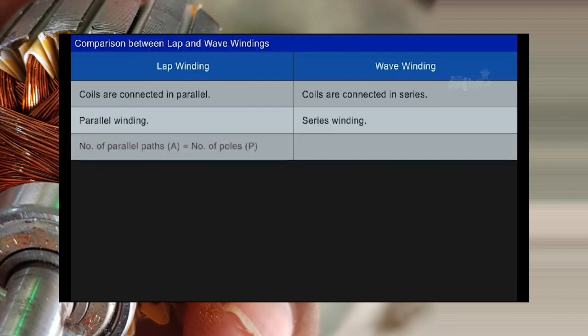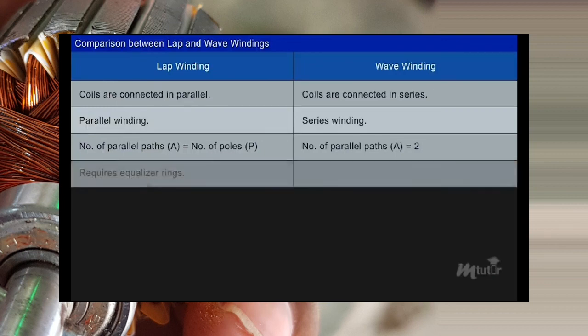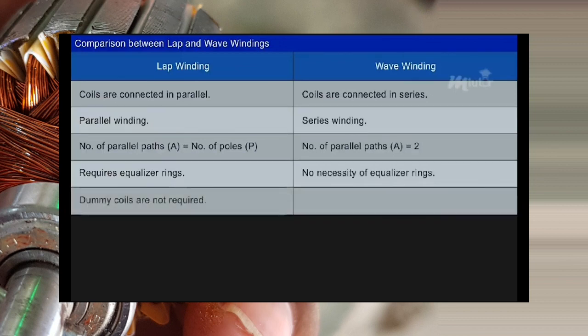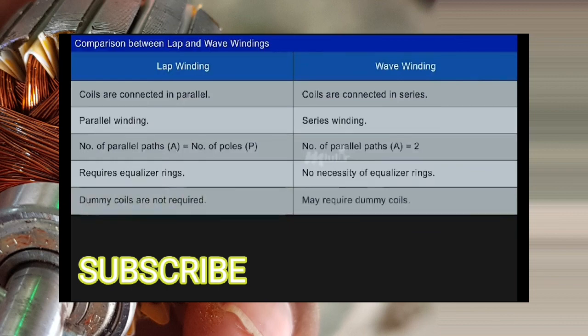In lap winding, the number of parallel paths A is equal to the number of poles P, whereas in wave winding, the number of parallel paths A is equal to 2. Lap windings require equalizer rings for better commutation, but wave windings don't. Dummy coils are not required in lap windings, but they may be used in wave